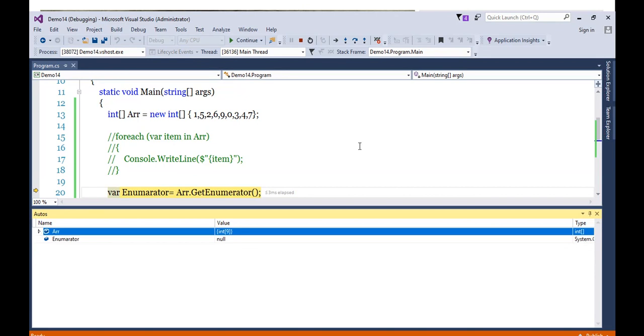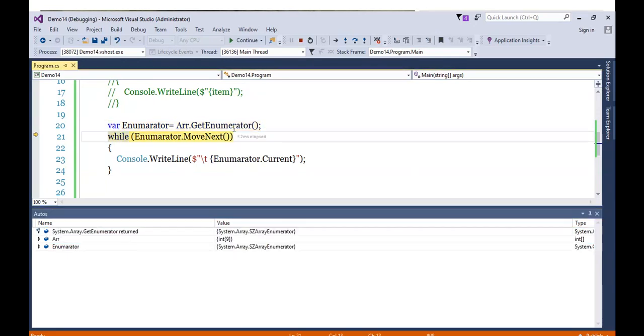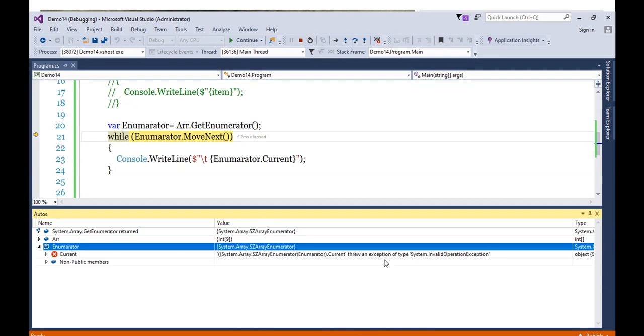Now currently the value of enumerator is null because GetEnumerator is not yet called. Let's press F10. Now you can see the enumerator got some value because GetEnumerator gets called. In the enumerator, we are considering two things: the Current property and MoveNext.